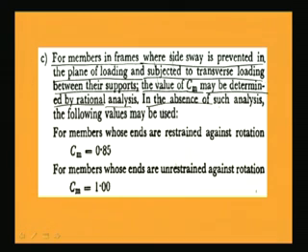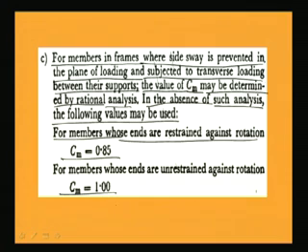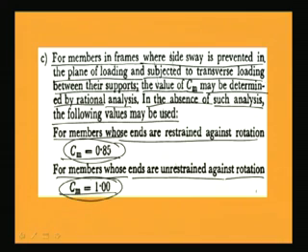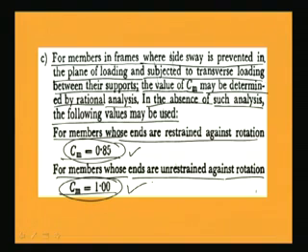In the absence of such analysis, the following values may be used. If we cannot do the analysis, then we can use these values. That is, for members whose ends are restrained against rotation, the Cm value can be taken as 0.85. And for members whose ends are unrestrained against rotation, we can take the value of Cm as 1. So, the constant Cm has certain values which can be taken from this clause